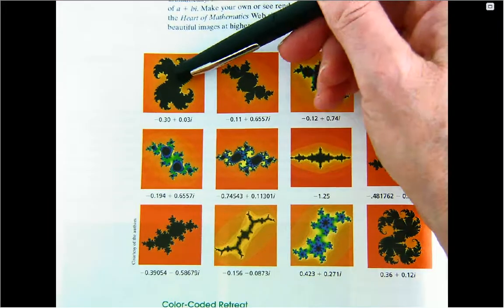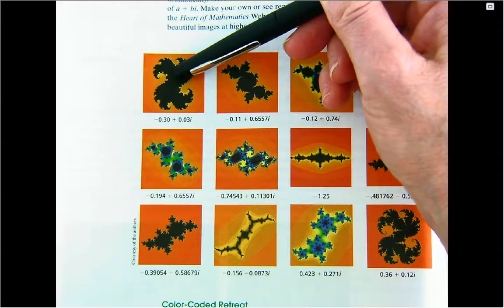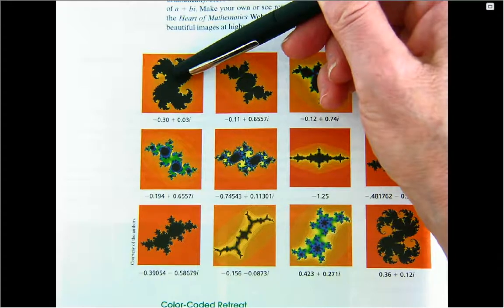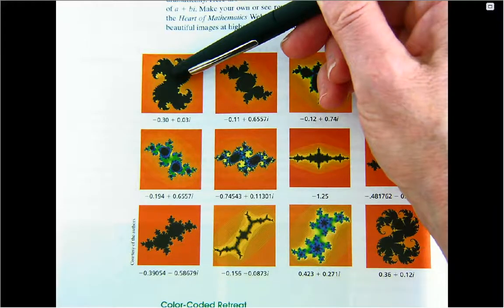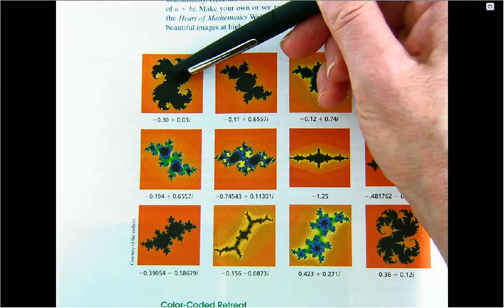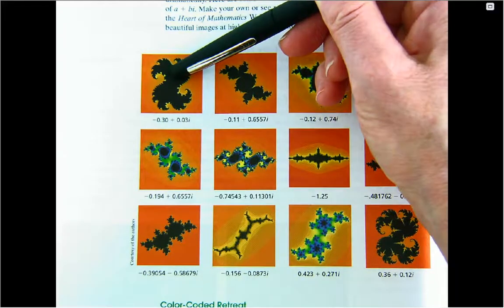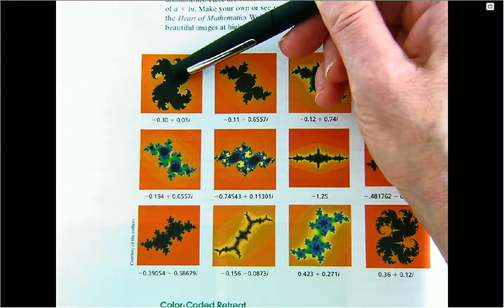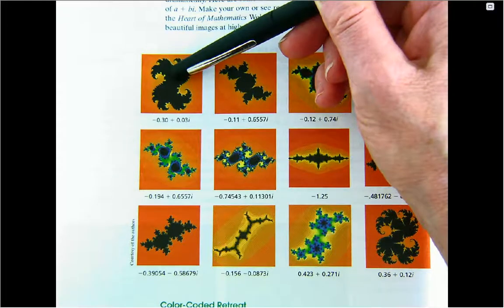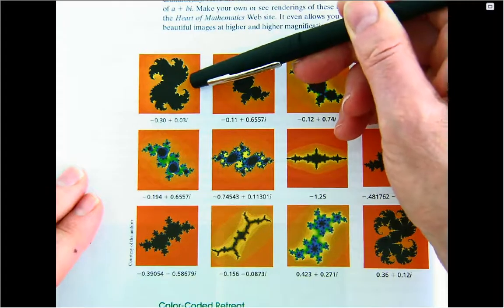This point is black. That means it was squared and then added negative 0.3 plus 0.03i, and that result was squared, and added negative 0.3 plus 0.03i, and again and again and again. And as that was happening, the result got smaller and smaller and smaller. It didn't get bigger and bigger and bigger. And so that's why this point is black. It was included. Whereas if I pick a point out here,